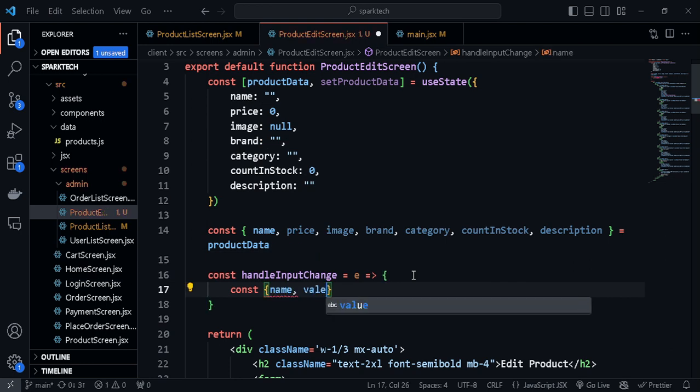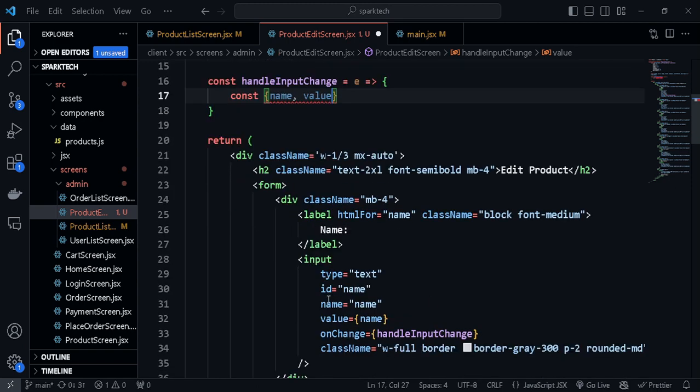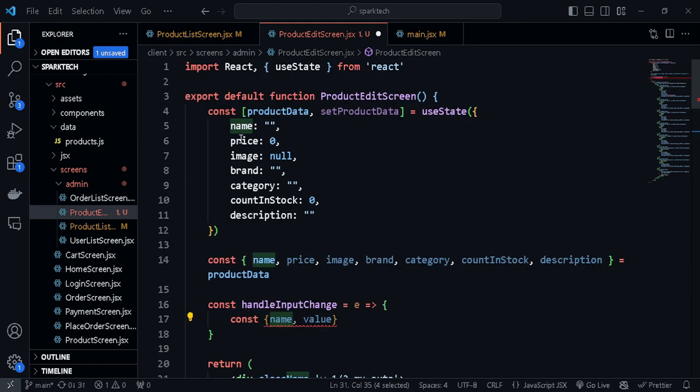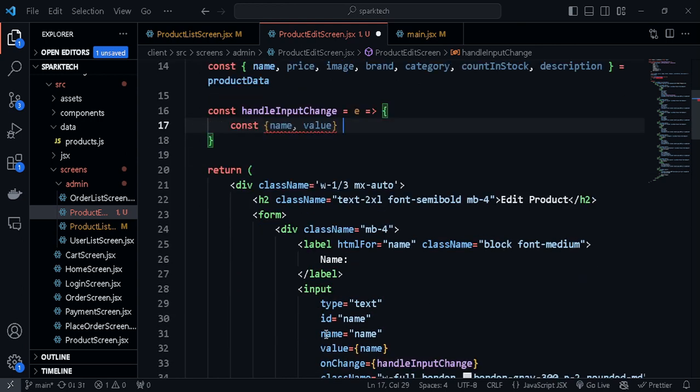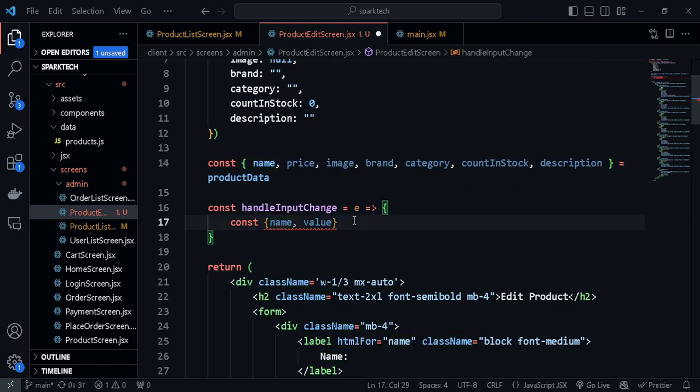So this name is nothing but the actual name that we assign to this input value. So this name should actually match with the productData.name. So whatever the key that we are specifying here, that's what we need to destructure, and not this actual name. So this name is actually the field name, the input name. So don't get confused with this. So that is coming from e.target. Basically we used to write e.target.value, right? It also has a property called name. So based on that, we are going to set the product data,